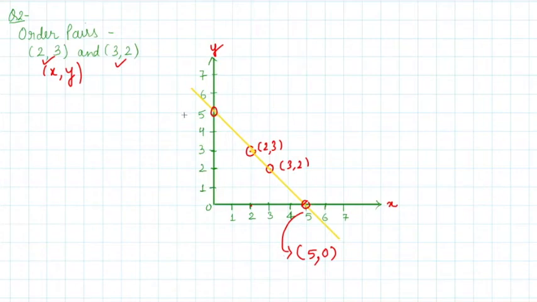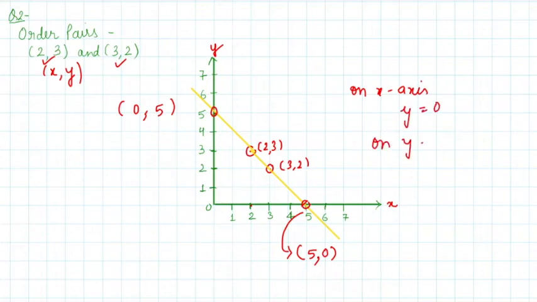Right? Now if I go to this point, because when I am extending the line, it is intersecting the y-axis at this point. Now x here is how much? 0. And what is the value of y here? 5. So the coordinates will be 0 and 5. So this is a very interesting fact. From here you can also conclude that on the x-axis, y is 0, right? And similarly, on the y-axis, your x coordinate is 0, right? So this was question number 2.